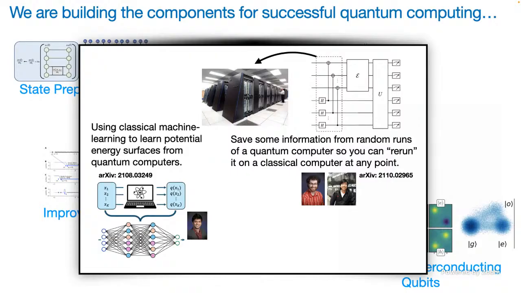Someone takes your quantum computer and runs it on some random inputs and outputs. Spends a couple hours running it on random inputs and outputs, and stores the results. And then tomorrow or next week, you can take those results and you can, on your classical computer, rerun your quantum computer on an input you care about and an output you care about. And the promise is that it gives you the same answer in expectation. Okay, so this is a little bit magical.